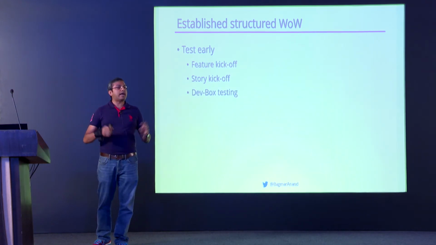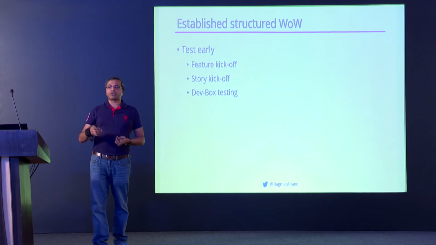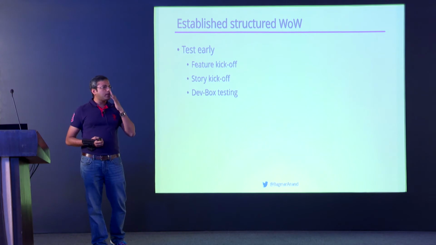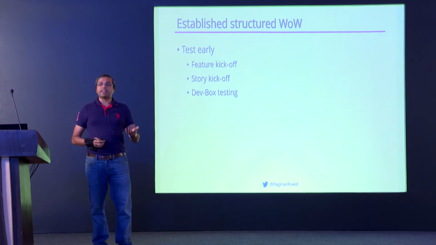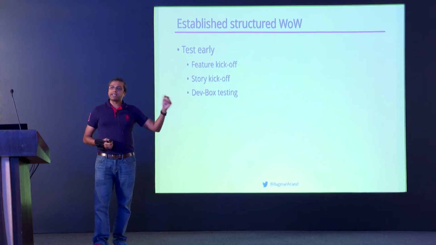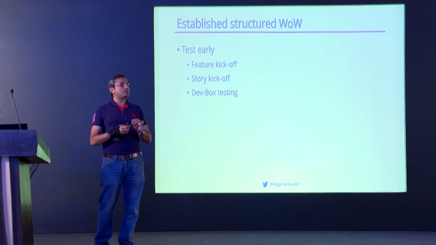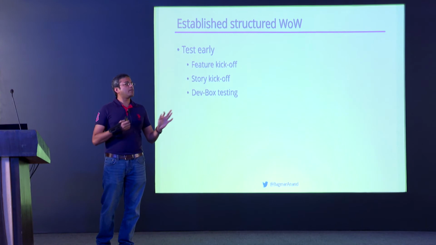Before the devs say that I'm done and I'm going to pick up another story, QA, dev, and maybe the product owner comes together, does a quick sanity of the story on the dev machine itself, and then move on. Now again, we are talking about native apps, right? The code is already in Git. The APK is already built and tests are running against it. Doesn't matter. We'll still go to the dev machine, take that artifact, and do testing. Look at the story, do testing for that, and make sure before the dev changes context if everything seems fine